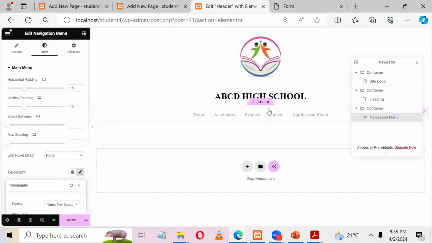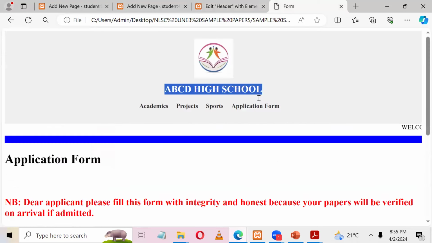Now, this one has a lot more options than the Astra customizer. Now, next I'm having